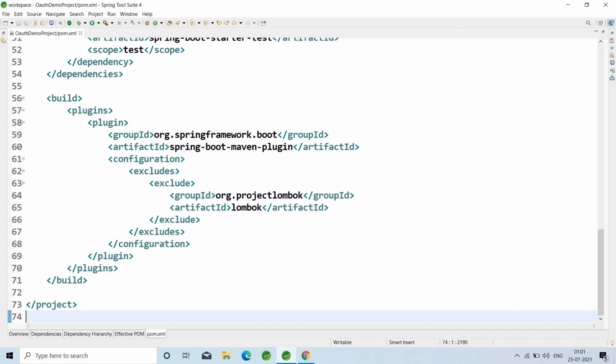But in the case of RESTful applications, one application is authenticating with another RESTful application, or one normal web application is authenticating with another web application.